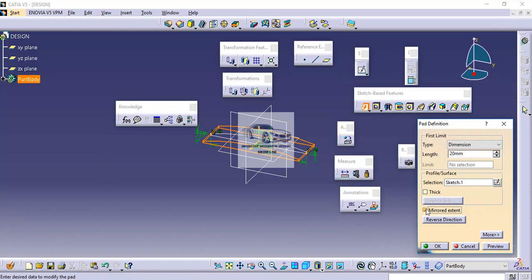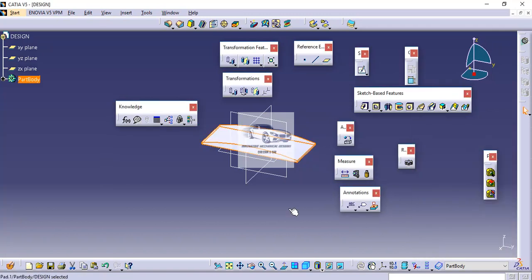So in pad, we will select the option of mirrored extent. Now the total dimension has to be maintained as 47. So here we have to input 47 by 2, so the total will be 47. Then OK.